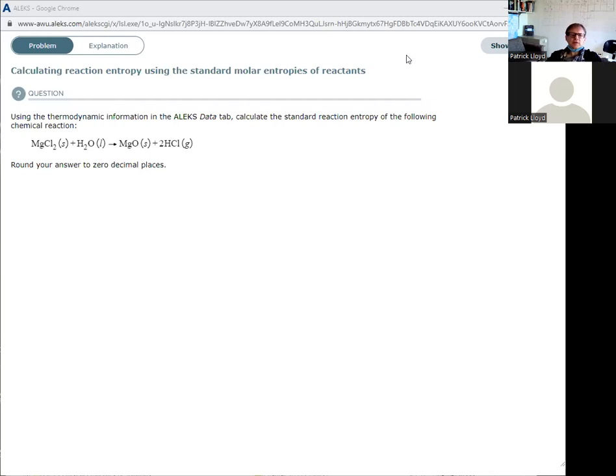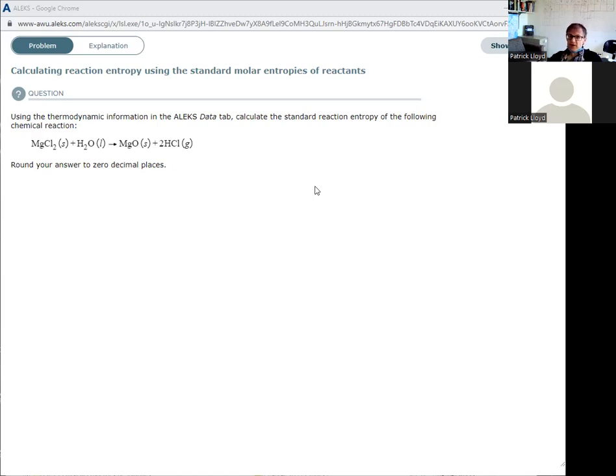Calculating reaction entropy using the standard molar entropies of reactants. Using the thermodynamic information in the ALEKS data tab, calculate the standard reaction entropy of the following chemical reaction. MgCl2 solid plus H2O liquid forms MgO solid plus 2HCl gas. Round your answer to 0 decimal places. This is the first time I've seen a problem on ALEKS where it was 0 decimal places. So it says you can use the ALEKS data tab, so the values are in there. You just have to look up the